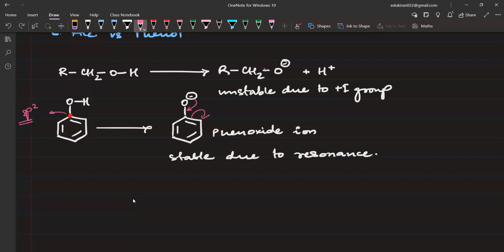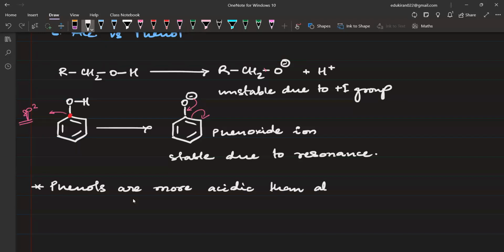If it is more polar, it is going to give out the hydrogen atom very easily. Now we can conclude that phenols are more acidic. I will write both the reasons, right? Phenols are more acidic than alcohol